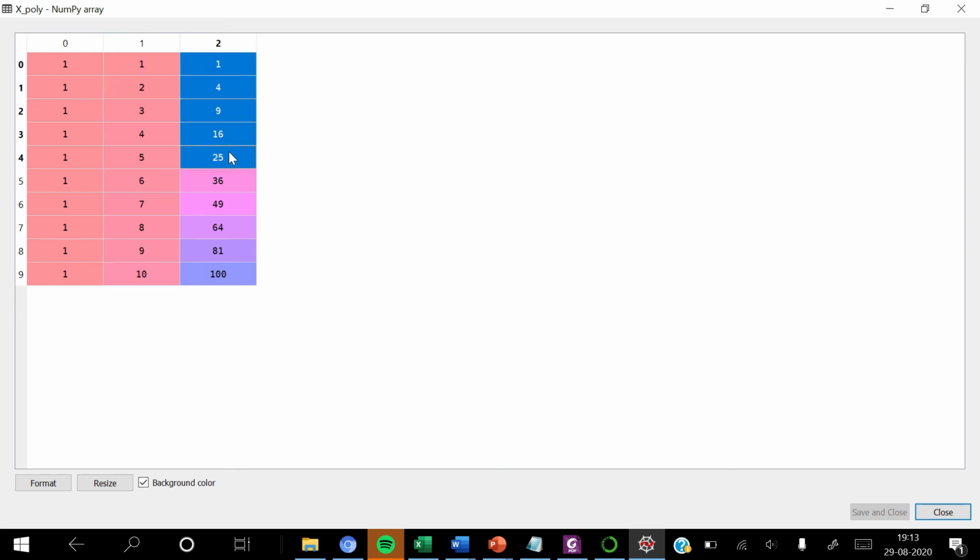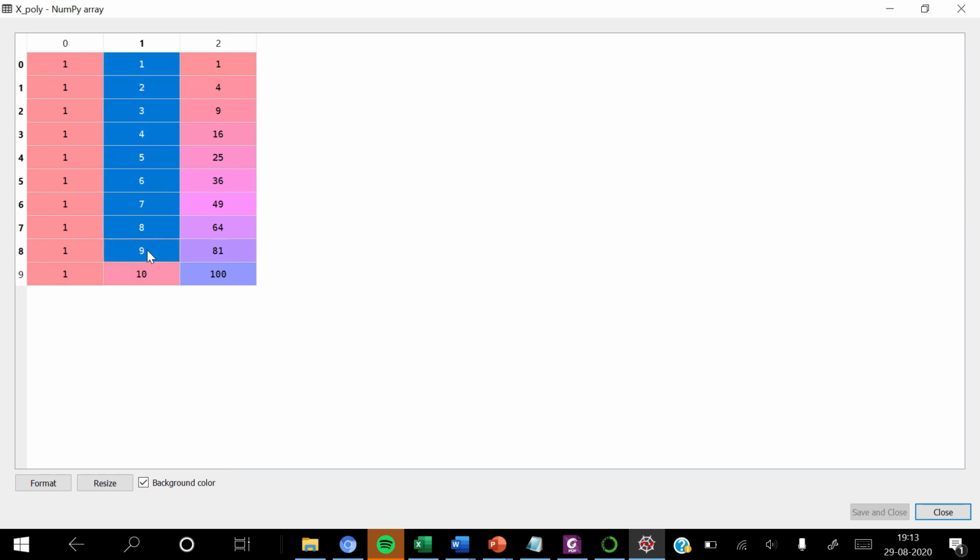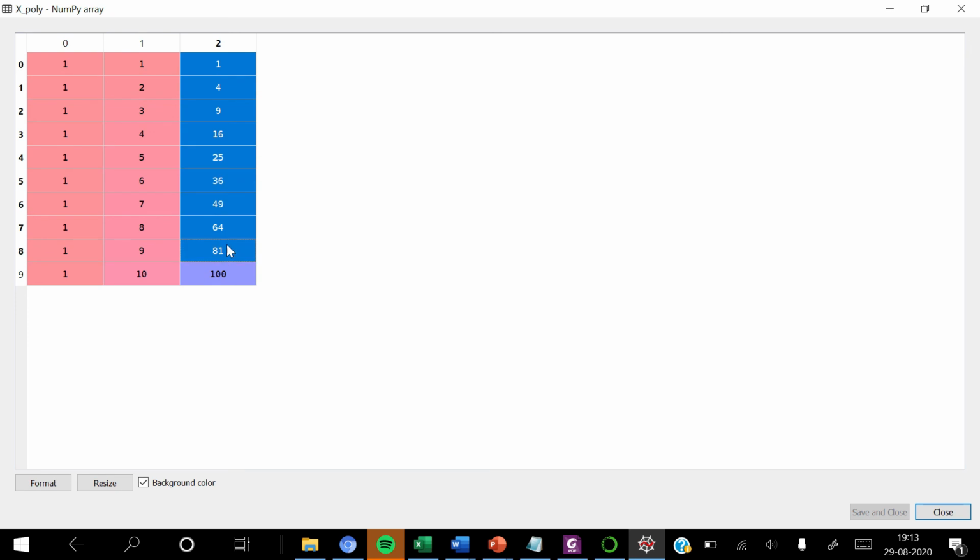While the second column has X1 square values. So here you can see that 2 square is 4, 3 square is 9, 4 square is 16, and similarly 10 square is 100. So we have a dataset about B0, which is constant, this is level, and this is X1 square. So we have prepared our polynomial data up to X1 square.